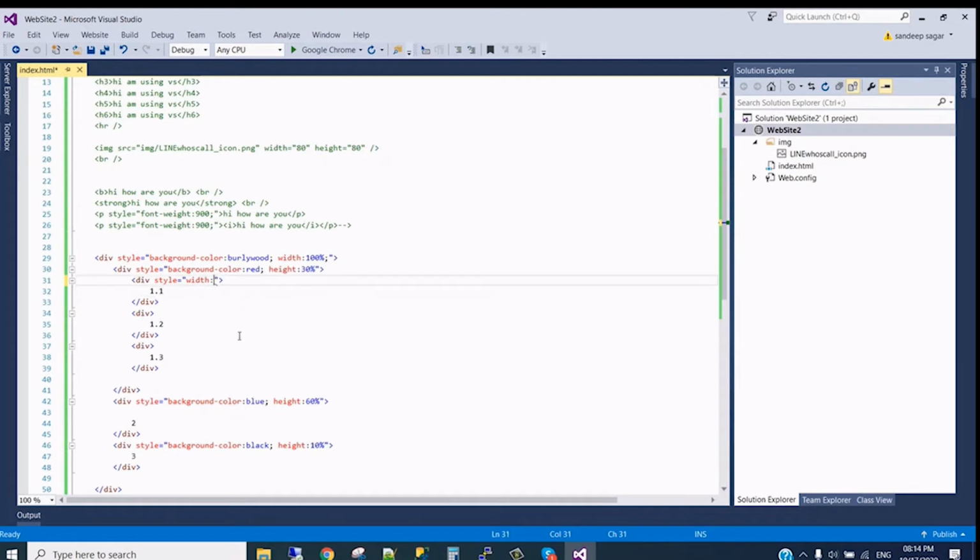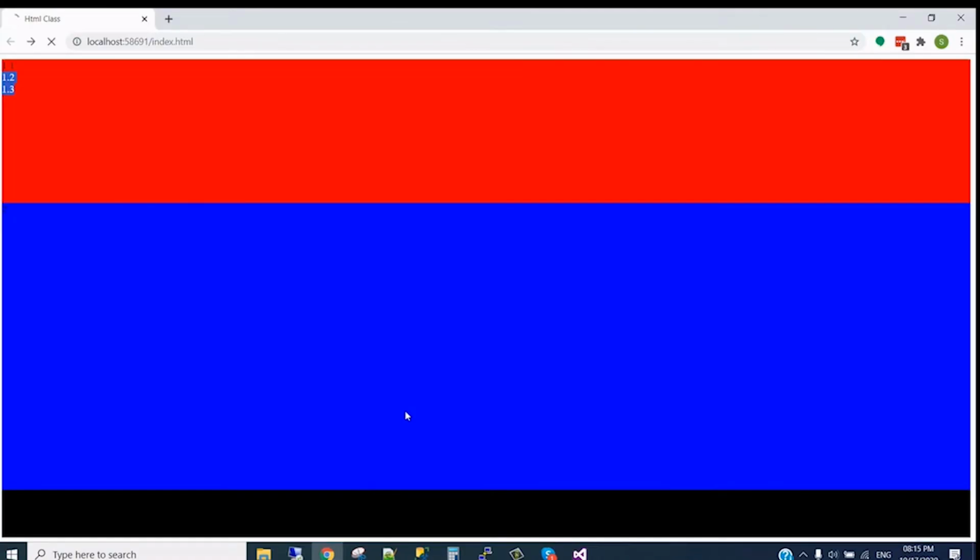So here we can give 30% for this one. Again, style width 60, we can give 50%, and the remaining 20 we give for this. Refresh, still nothing happened.